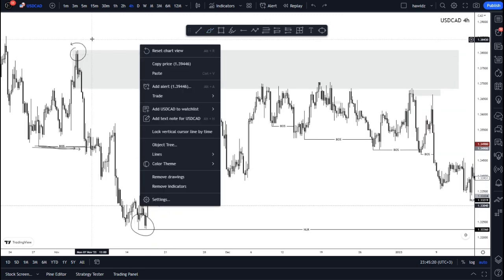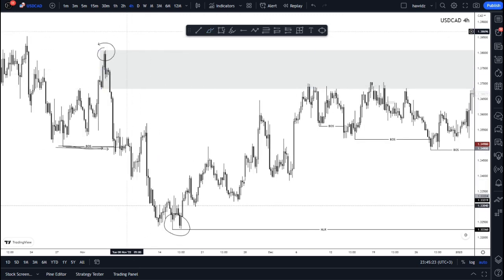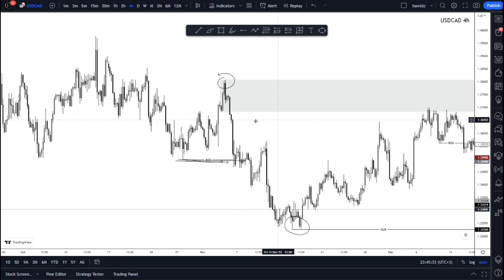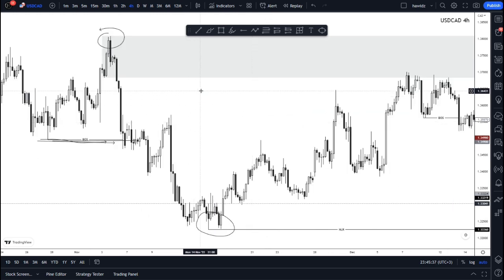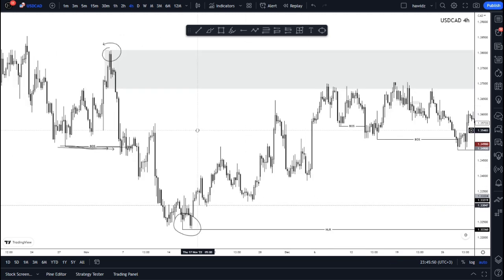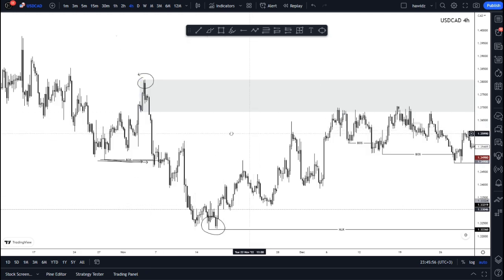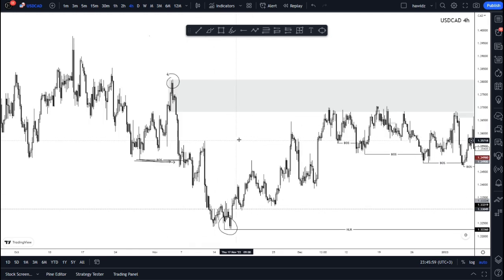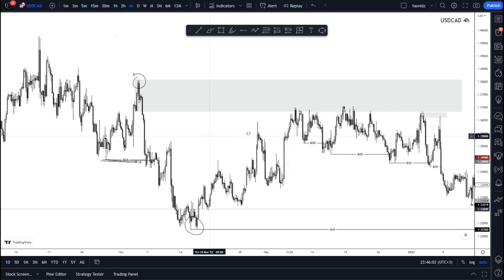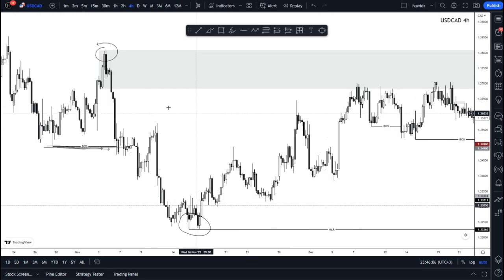Hence, when you come back to the charts, in here we have multiple zones, right? And all of them are pretty much valid for me. So we have this original move here that initiated the trend, which is also the move that broke structure. That's why it was highly attractive and regardable. So it was very important to regard this area as a potential supply zone in which price is going to make its way back into for that mitigation before the continuation, because it was the original move that